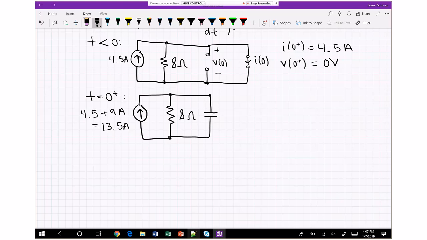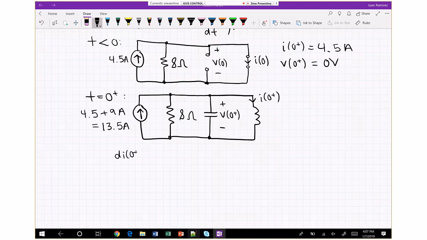Then we have that capacitor. We know the voltage across it is the same as the voltage across the capacitor before, because it doesn't change instantaneously. And we know the current through that inductor is the same as the current before, because that doesn't change instantaneously. And then we care about the dI/dt